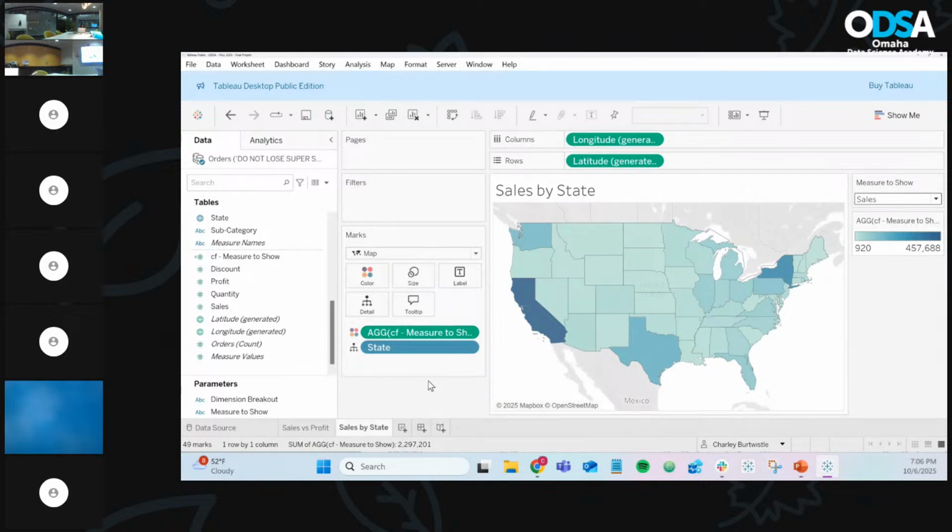Now, why that's important is because the next option we're going to add for our measure to show is going to be our average discount. So if I would have just returned sales, returned profit,